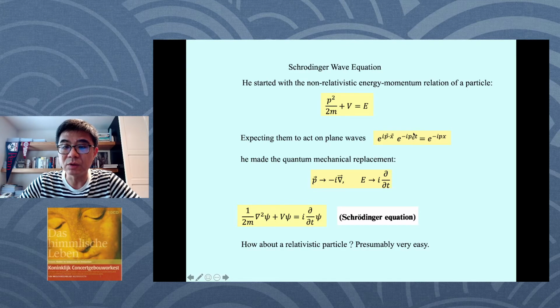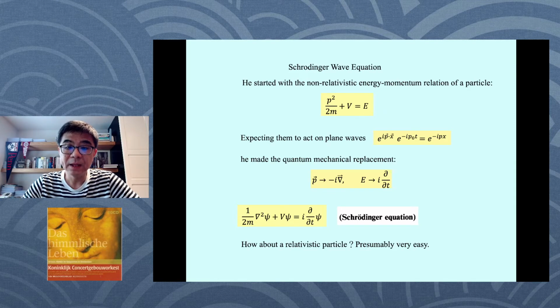This p0 could also be interpreted as omega, that is the frequency. And the momentum is interpreted as 1 over wavelength. That's the typical relation of a de Broglie